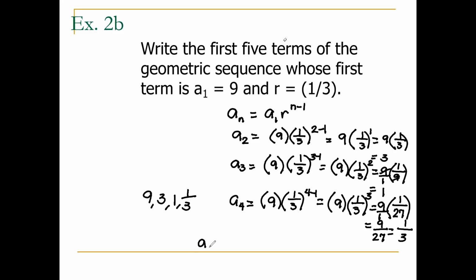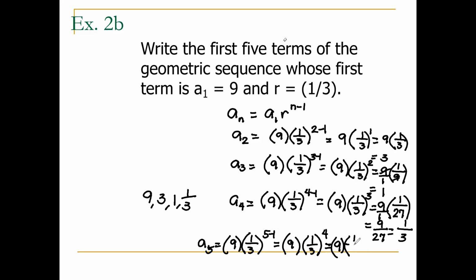Next, the fifth term. Our n here is 5, so just follow the general rule. First term is 9 multiplied by r, 1/3 raised to n. Our n is 5 minus 1. Simplify. We'll have 9 multiplied by 1/3 raised to 5 minus 1. The answer is 4. Simplify again, we'll have 9